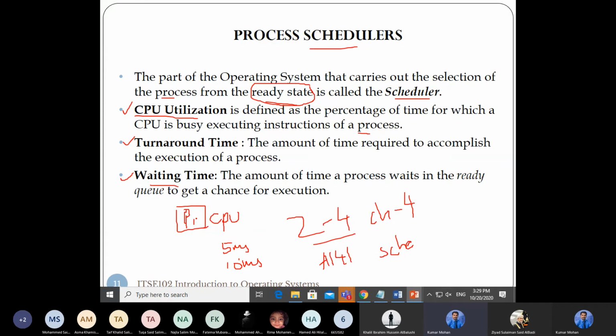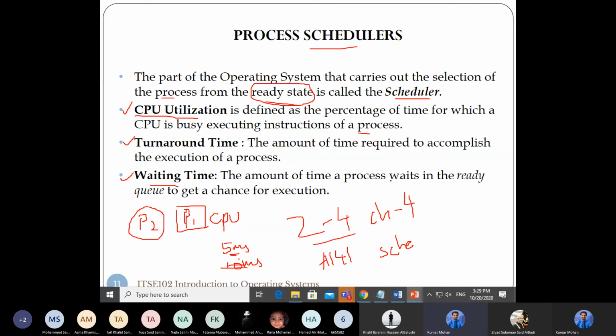And waiting time: when P1 is executing, P2 will wait. For example, P1 is executing for 5 milliseconds. How much time is P2 waiting? P2 is waiting for 5 milliseconds. So that is the waiting time for P2.